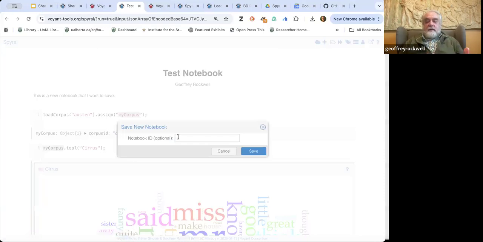And of course, it's going to want an ID. So it's going to want a name. When you're giving it a name, you shouldn't put any spaces in the name. You shouldn't use any strange characters. You can use an underscore and a hyphen, but otherwise you shouldn't use things like colons and so on like that. So I'm going to call it my test